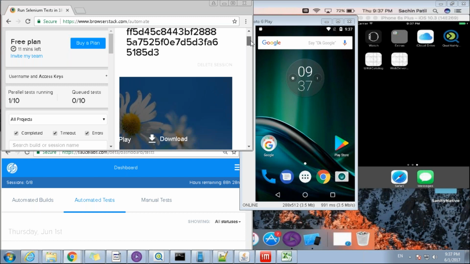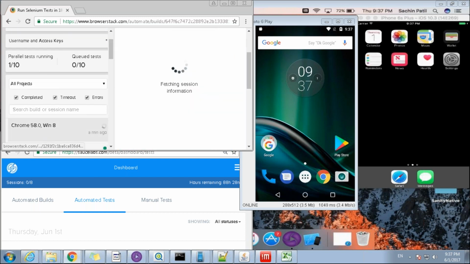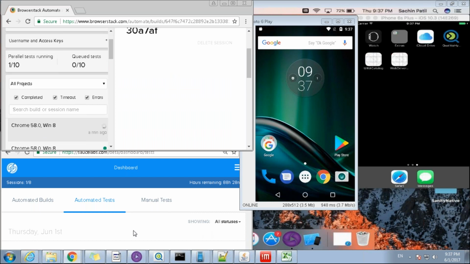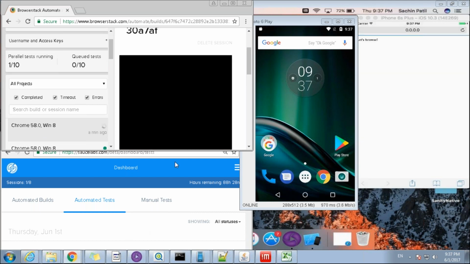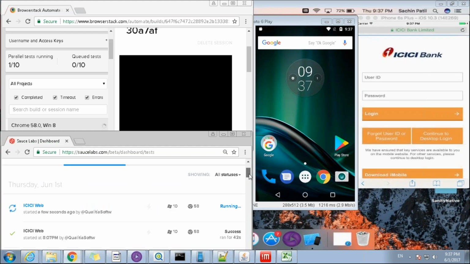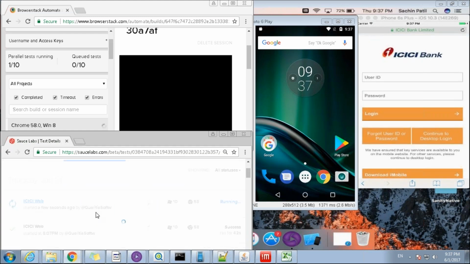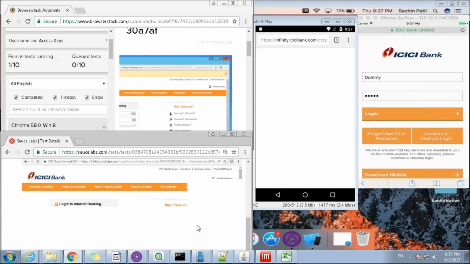So the top left hand screen is that of BrowserStack, and bottom left hand screen is that of Sauce Labs, and there are 2 separate screens of devices on the right hand side, one for Android, one for iOS.